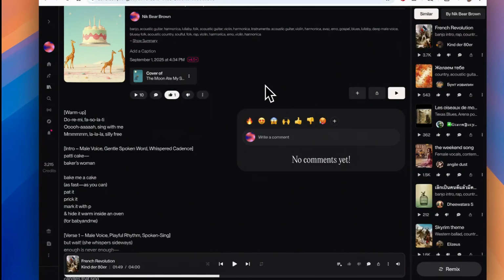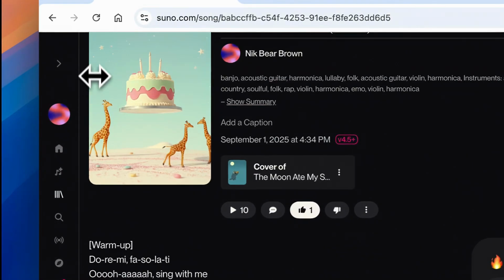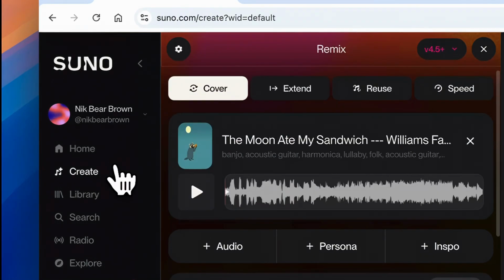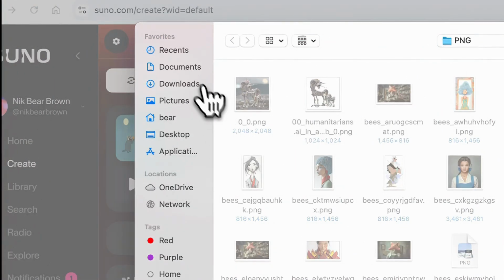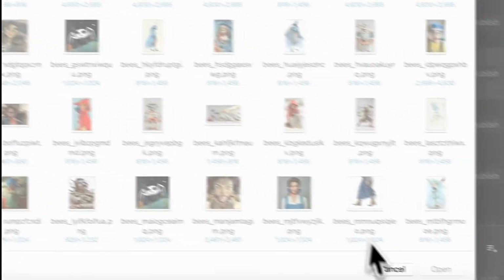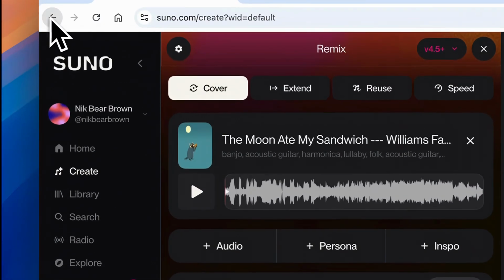Okay, Professor Bear here again. I realized when I made that video, the patty cake baker's man, I used my own voice in Suno. So I have a gravelly, nasty voice, so I uploaded it to Suno and used that as a basis. If you go to Suno here and go to create, you could just upload audio and upload your own voice. So that's what I did. I uploaded my voice to this patty cake song.